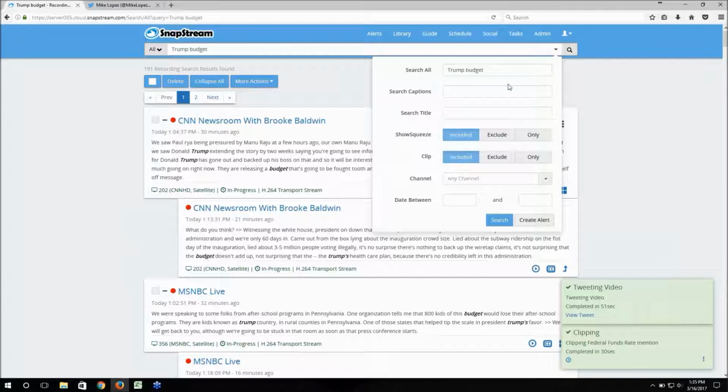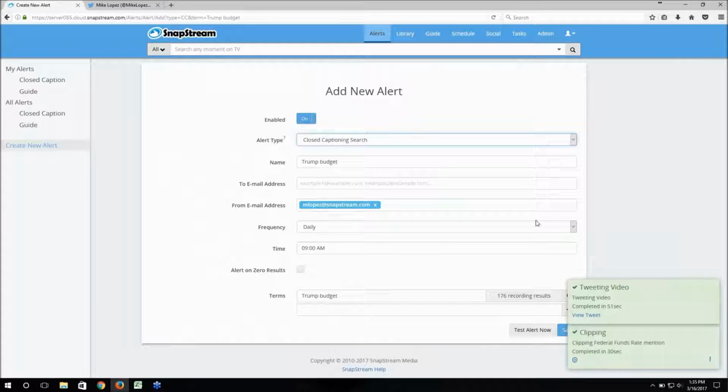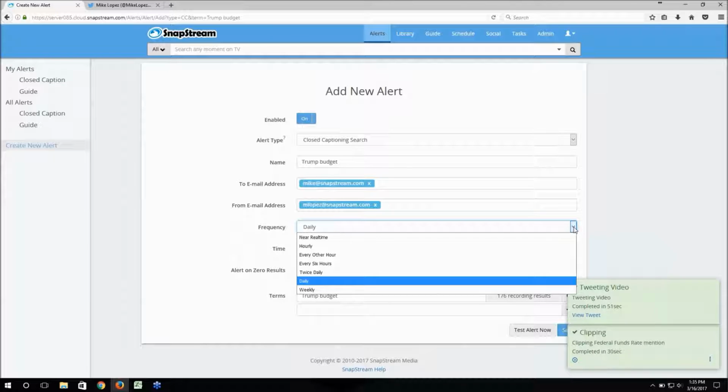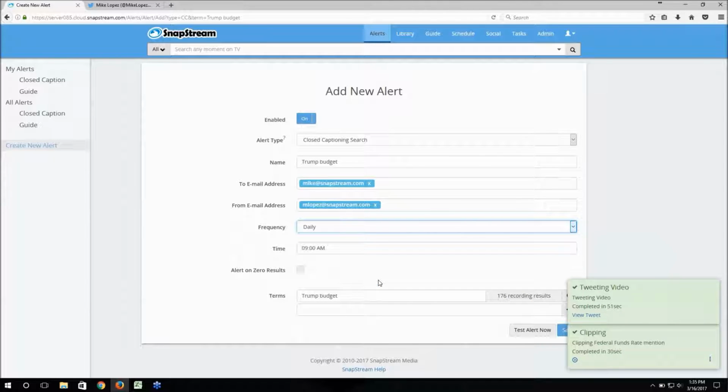Or if I want to be notified every time Trump budget is mentioned, I can simply create an alert. What this does is it creates a closed caption-based search alert, and I can send this to myself, to any member of my organization, a distribution list, whoever wants to monitor this news digest, and I could set up a frequency. We can do a near real-time alert for breaking news, every other hour, every 6 hours, but for me, a daily digest of Trump budget seems like a good enough